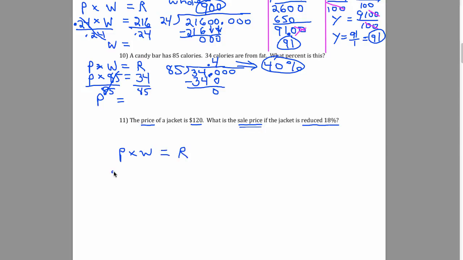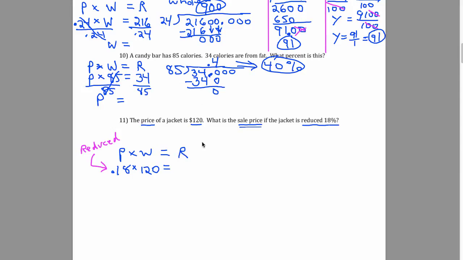P is 0.18. W is going to be $120 because that's the entire price of the jacket. And we'll calculate R. Now we need to be aware of what 0.18 represents here. 0.18 represents the reduction, the reduced percentage,